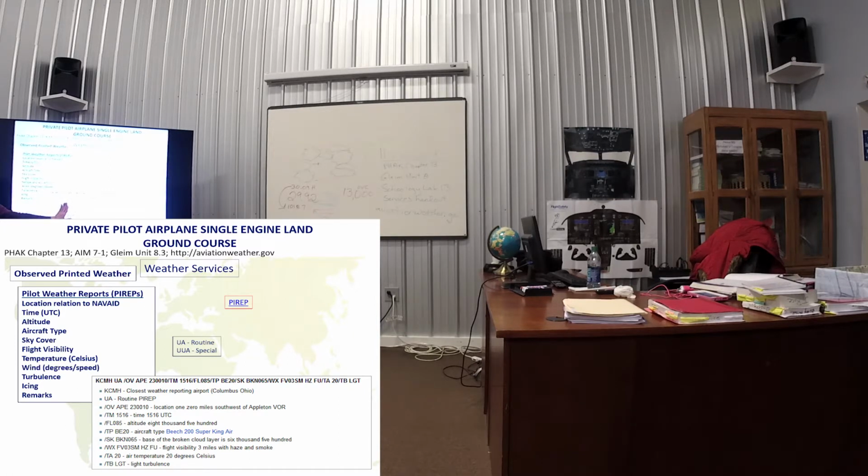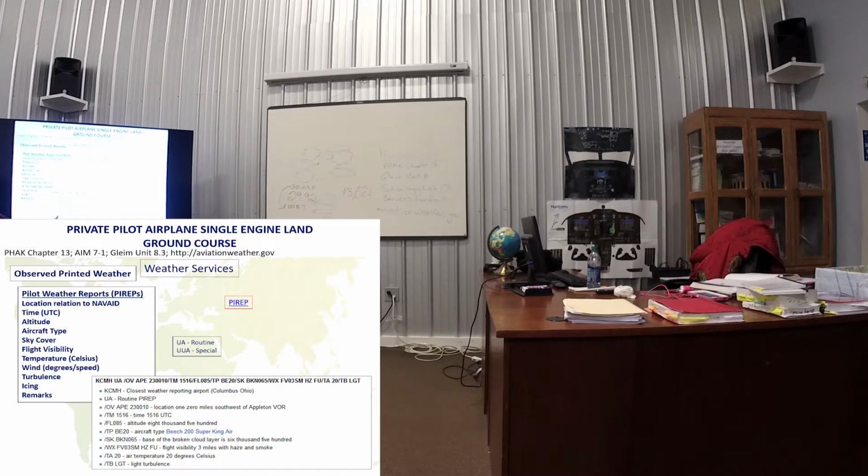TM, that's an easy one, the time. 1560 Zulu. FL, this is a form. They can't change it to just altitude, so it's always FL, flight level. So it doesn't matter. At this particular one, it's 8,500. For us, it'll be something like 3,000 or 1,000 or something.